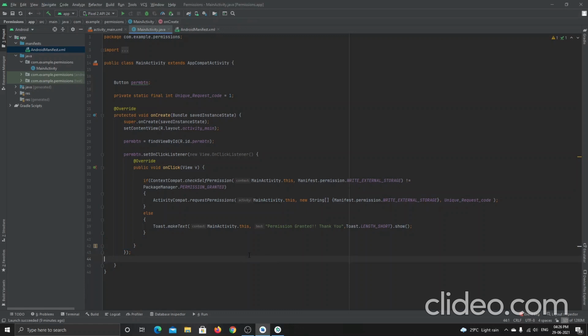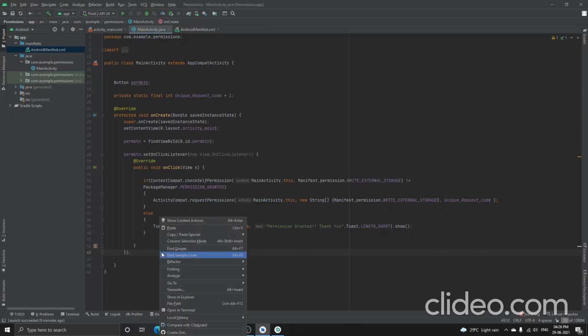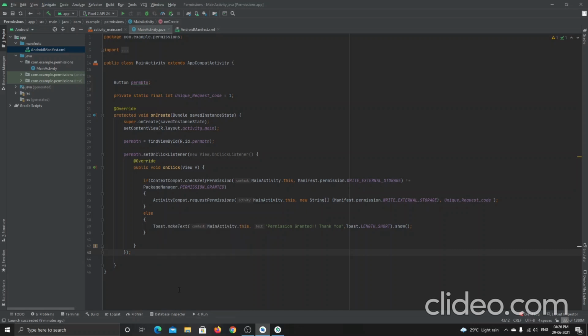You want to generate an override method here. Just right click after this onClick method, just go to generate, and inside this override methods, let's wait for a while.